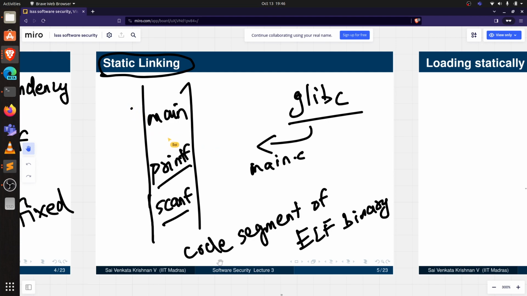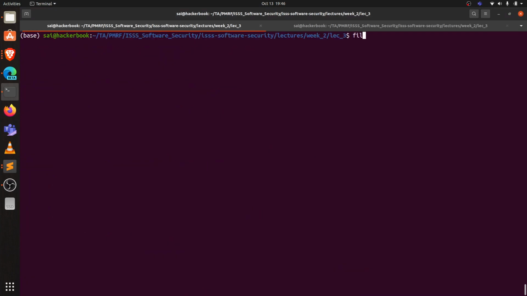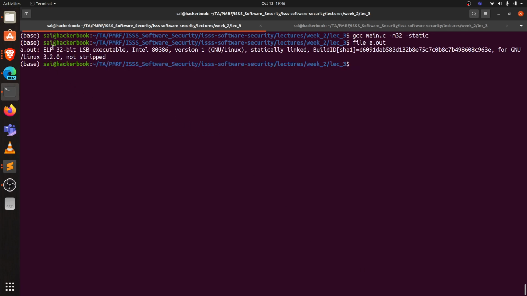For example, if you notice over here, to generate a statically linked executable I should pass this extra flag called -static. And if you look at the a.out, you will notice it is mentioned ELF 32-bit executable, statically linked. And if you look at the objdump of your a.out,